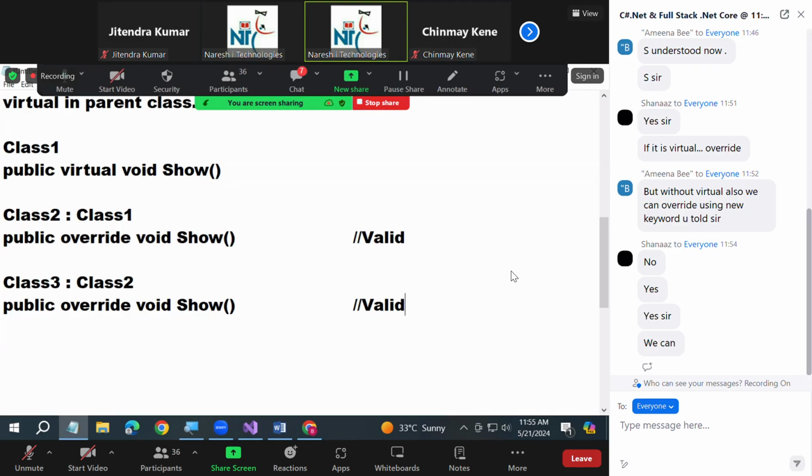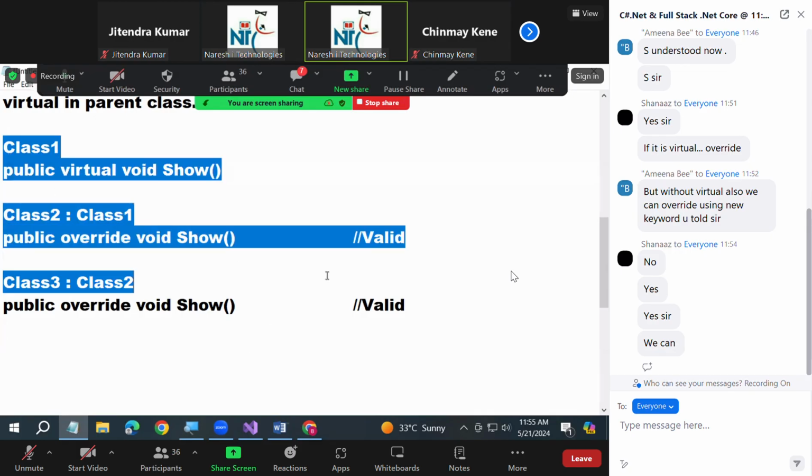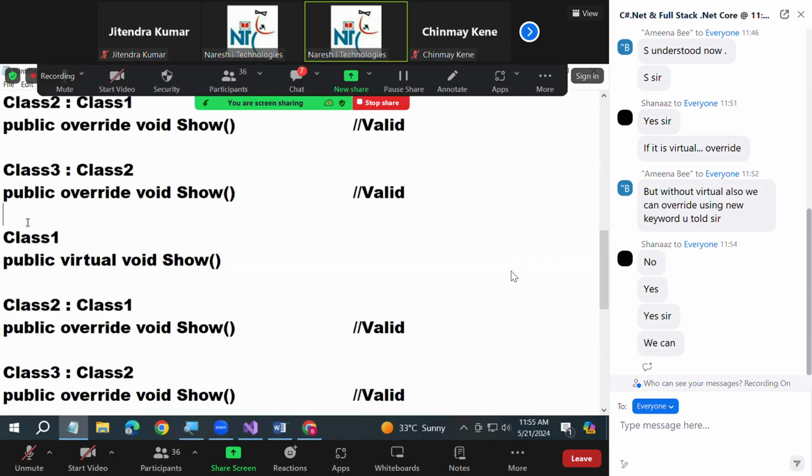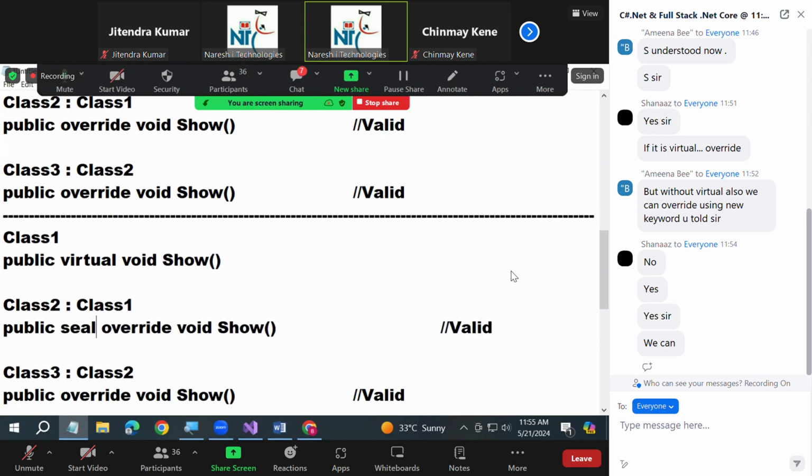Are you clear? But I don't want class 3 to override. Did you understand the requirement now? Class 3 can override now. I don't want class 3 to override. You don't want it? No, I don't want class 3 to override the method. If you don't want class 3 to override the method, all of you carefully observe. What you can do is, while overriding, you can use